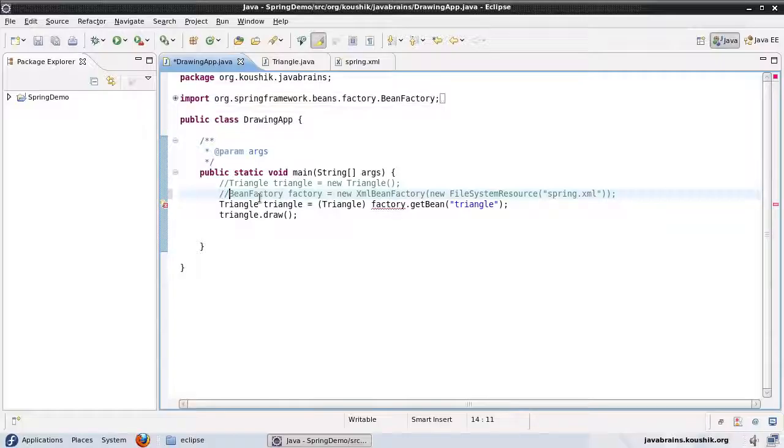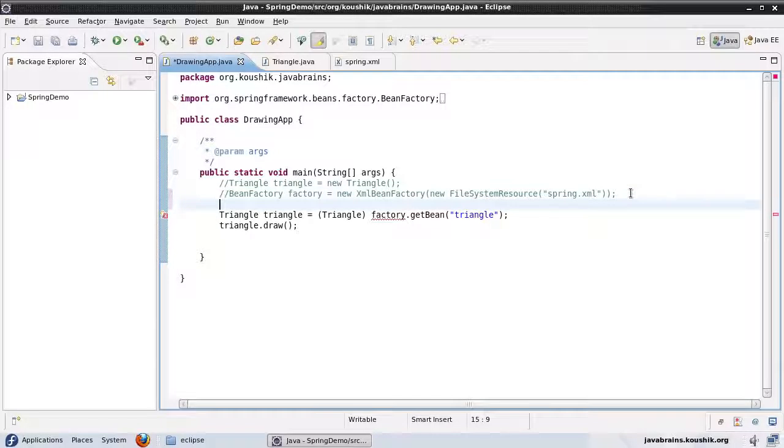But then I only need to change this part where I'm actually reading the configuration from Spring. Apart from this, all the other syntax remains the same. I can also do a get bean for the application context, just like I'm doing a get bean for the bean factory. So the way I instantiate an application context is, call this context equals. Now again, just like the bean factory, the application context is also an interface, and you